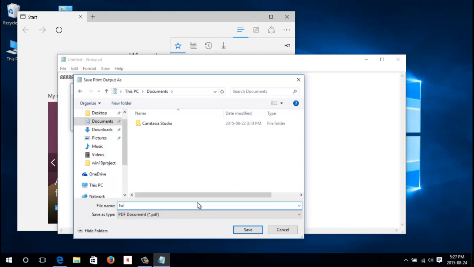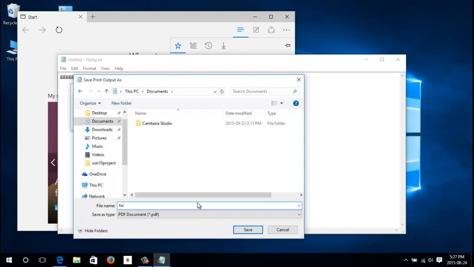Okay, and it's creating a PDF out of it. So now if we go into our documents, here is our PDF file. Okay, and then it asks us what we want to bring it up with. So we can bring it up with Microsoft Edge or pick another tool there. And there, Microsoft Edge brought us in the